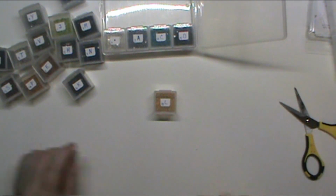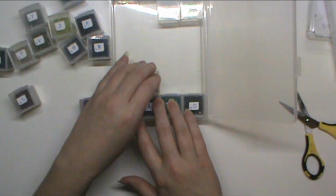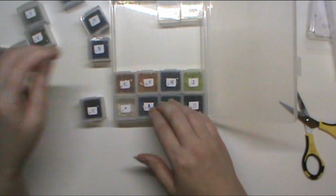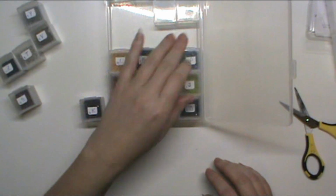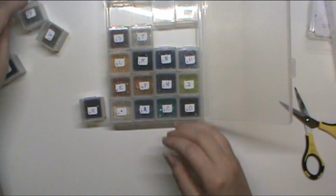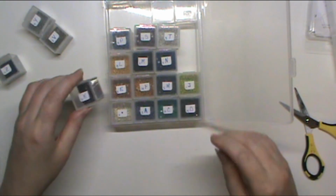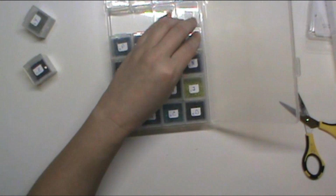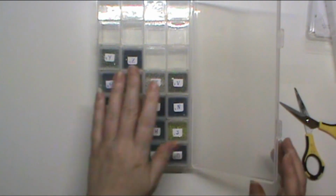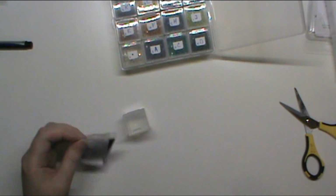All my trash in a little bin, and let's get you guys put in there. So A, B, C, D, E, F, G, H, I, J, K, L, M, N, O, P, Q, R, S, T. Oop, I missed K. So J, K, L. Alright. U, V, W, X, Y, and Z. Alright, so now they're all put in, and so you can see I have extras in here, so I will grab one of them,